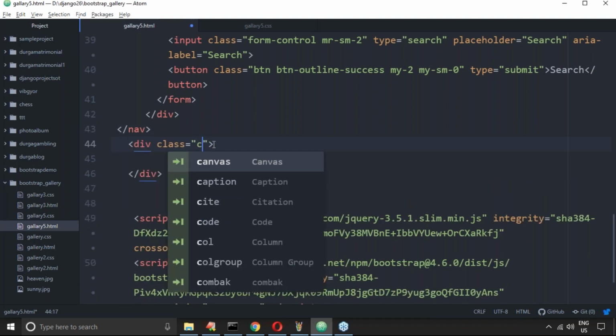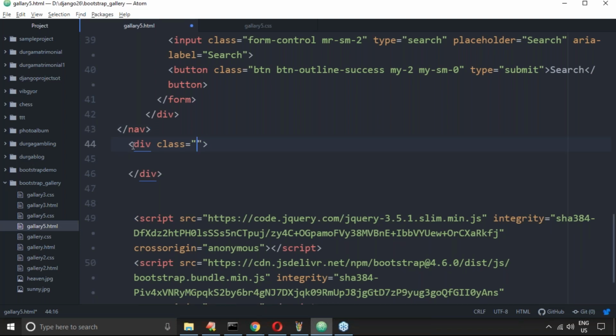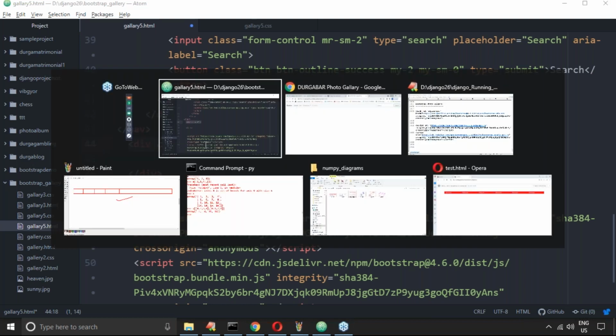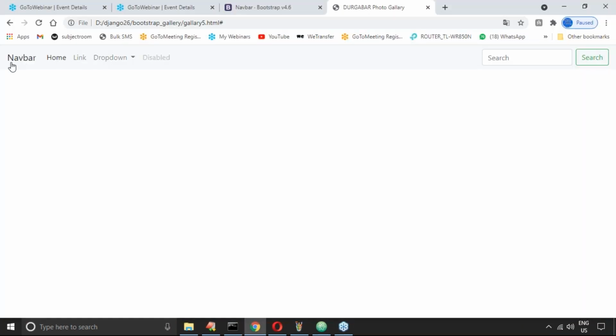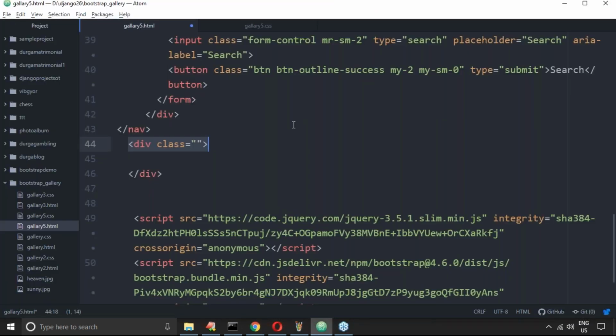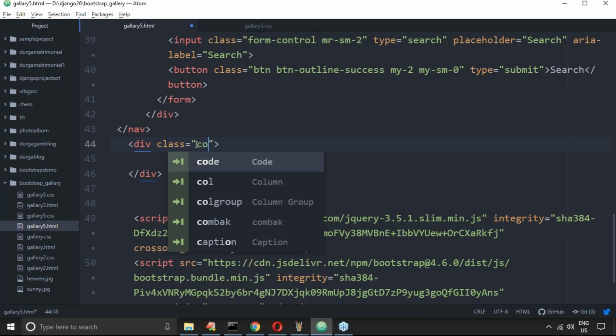Can I make this navbar also inside the jumbotron or not? Is it possible? Yes, possible. No, sorry, inside a container or not? Yes, possible, right?